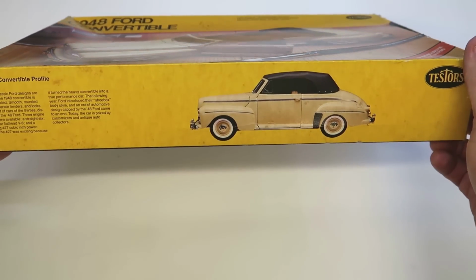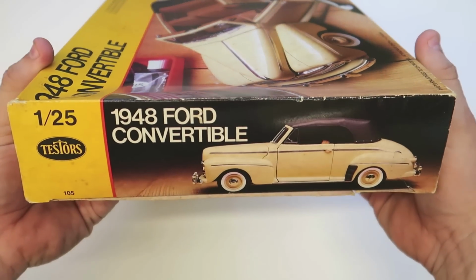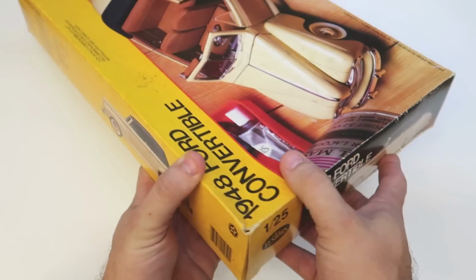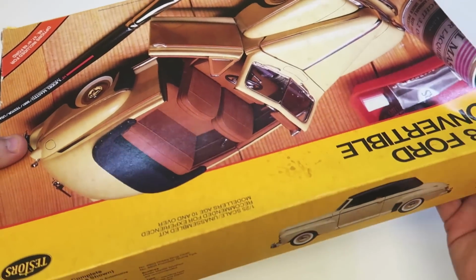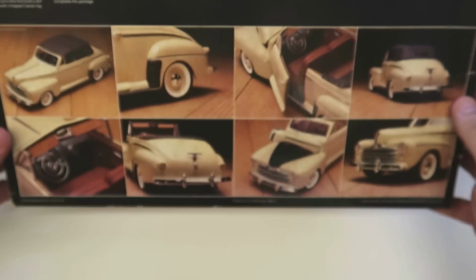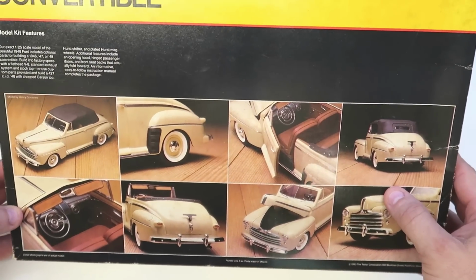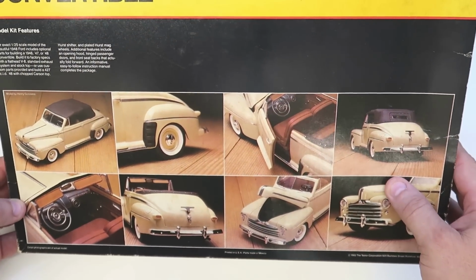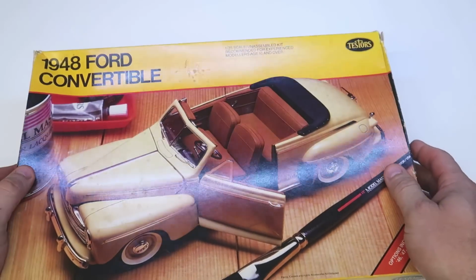But it's the same one that my dad built. And I'm really torn because I want to build one, but I might save this kit, buy another one that's maybe started or something, and use those parts to restore my dad's. I think that would be really, really neat to restore my dad's build because I still have it and it's